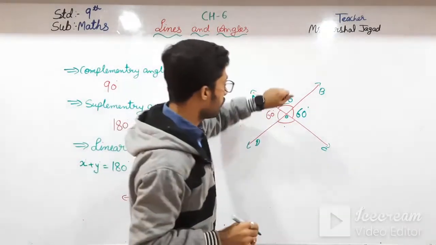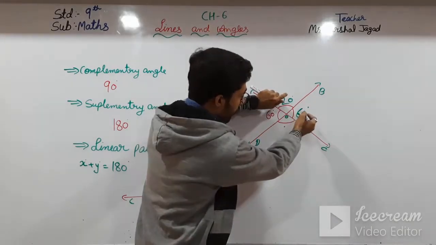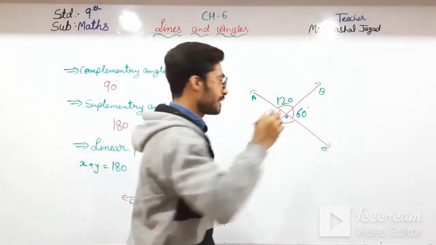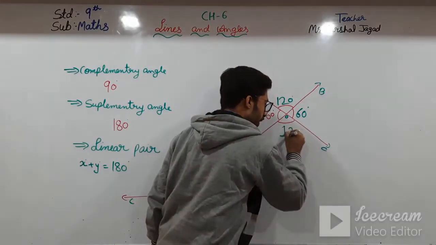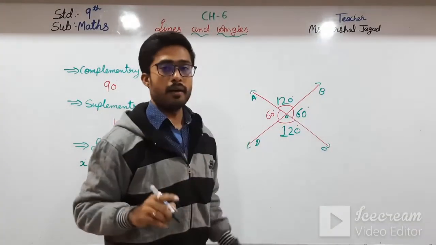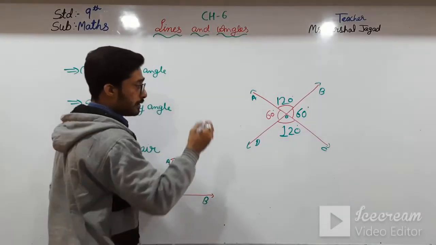Now we have to find this angle. How will we find it? Put a hand over here, and here it is a straight line. Then what will we do? 60 plus how much is equal to 180? 60 plus 120 is 180. Okay students,